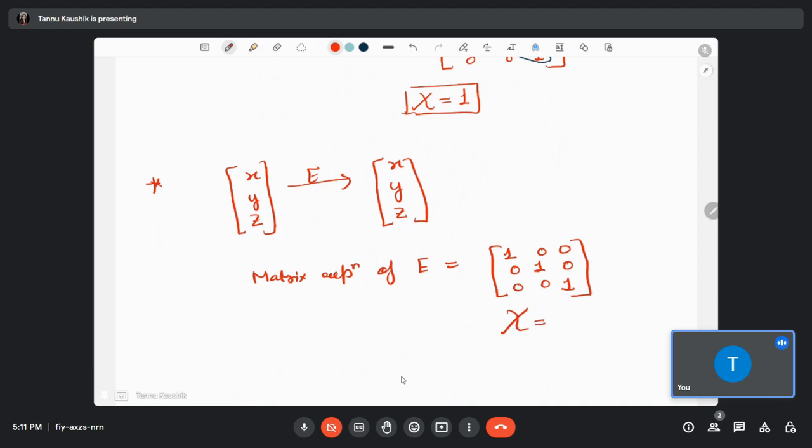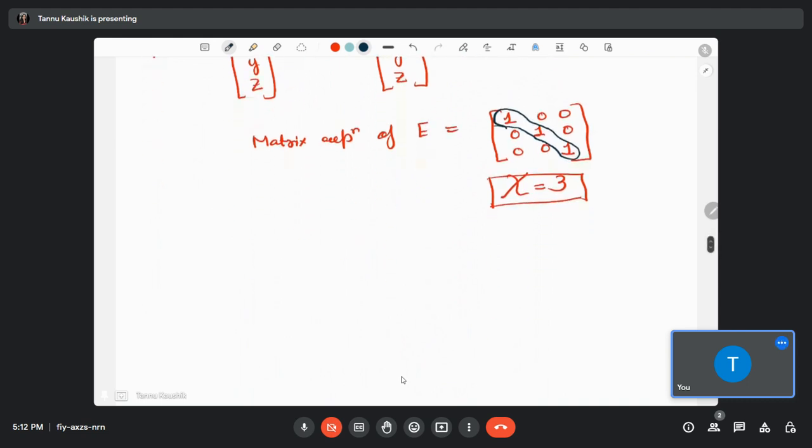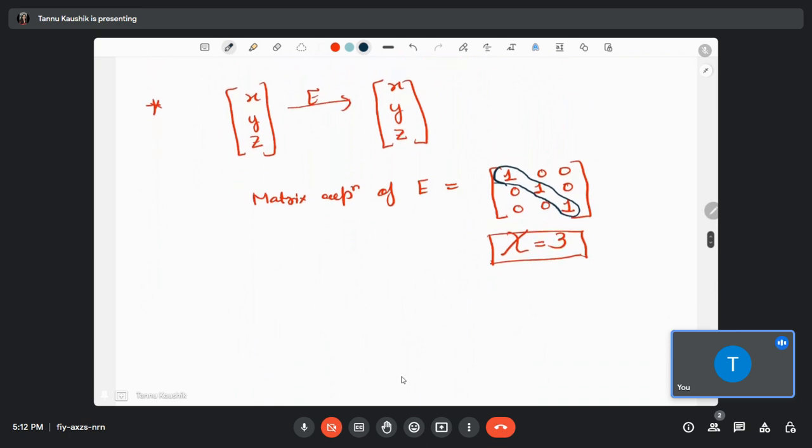And again, the character of this matrix will be 3, as you will sum up the matrix elements along this diagonal. Okay,